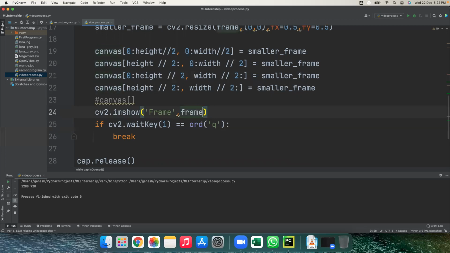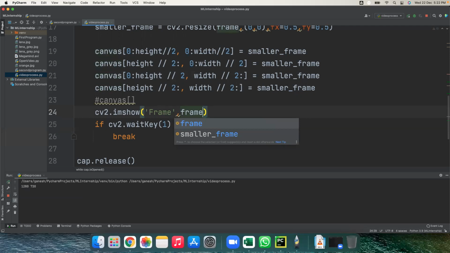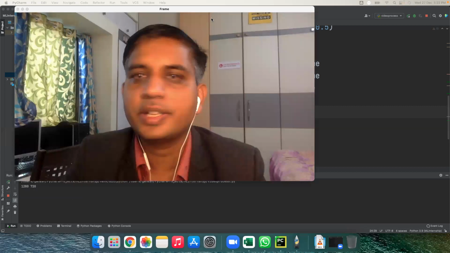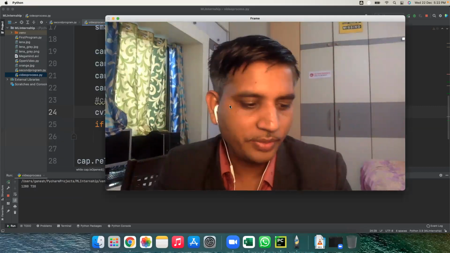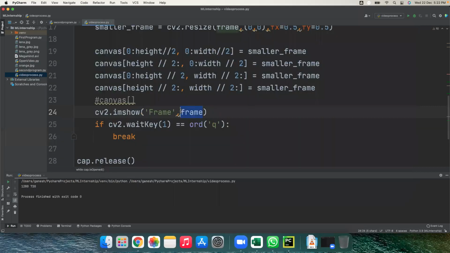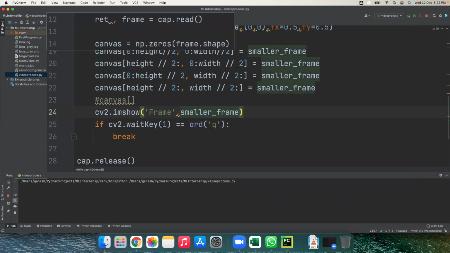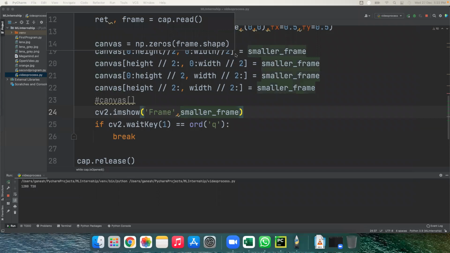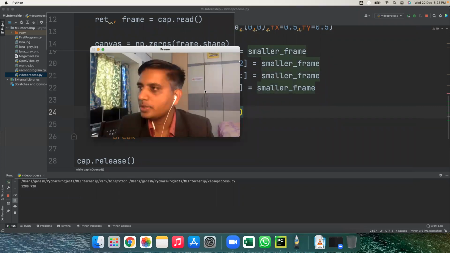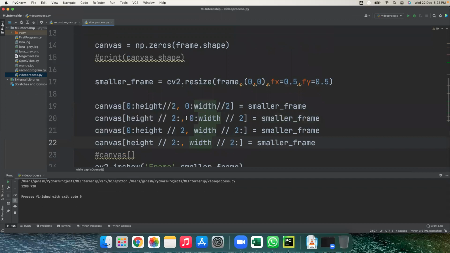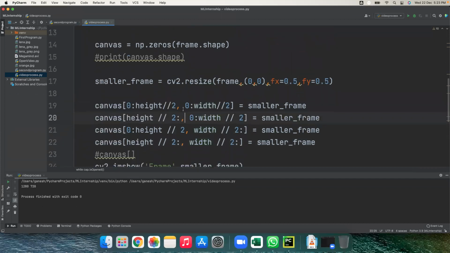So this is how it is reading. Yeah, it is correct. Okay, by default it is correct. Let's check the smaller frame, smaller underscore frame. Yes, the smaller frame is also correct. So what happened when I placed it here?